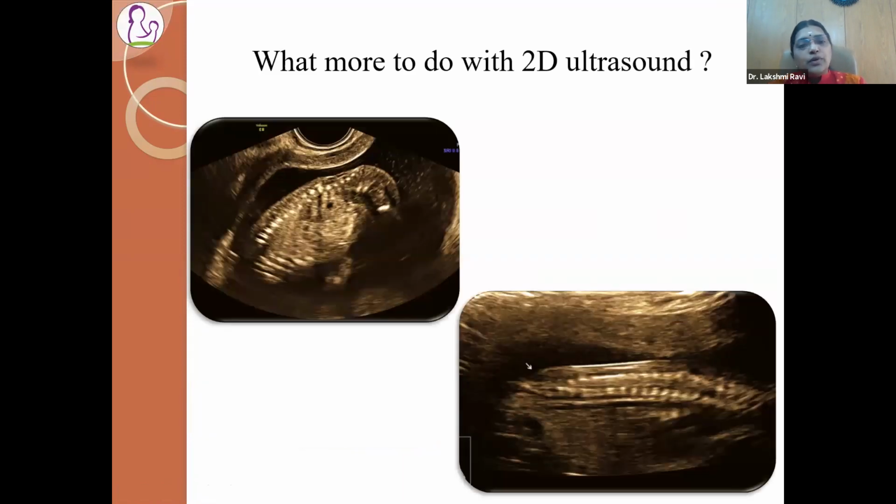And on 2D ultrasound, when you have a suspicion that the skin line is missing over here, you're not very sure whether there is an open spina bifida here. Look at this. The skin line here is missing. But looking at this image, it is so difficult to comment and say that there is an open spina bifida. In the presence of intracranial signs, when you want to search for an open spina bifida, can you do something more, given this is the best? Because I have used a transvaginal approach, and this is what I have got.